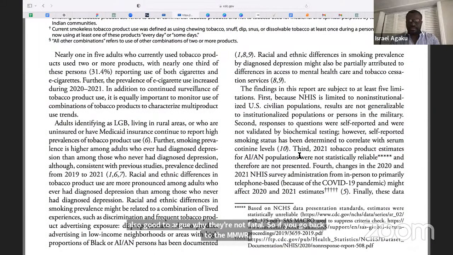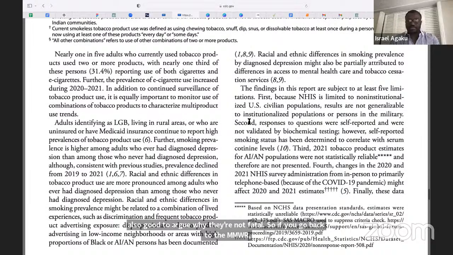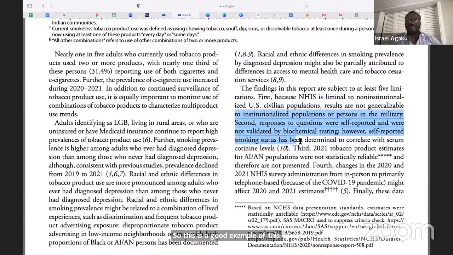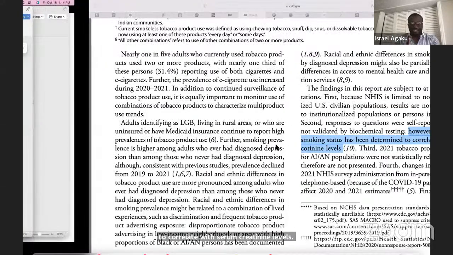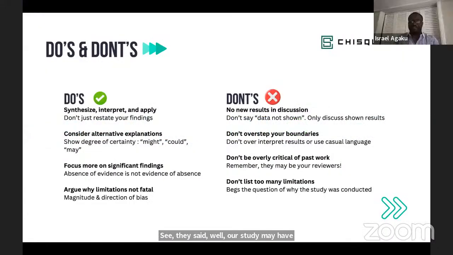let's see. So this is a good example of this second limitation. This is a very, very excellently worded limitation. Second, responses to questions were self-reported and were not validated by biochemical testing. However, self-reported smoking status has been determined to correlate with serum cotinine levels. See, they said, well, our study may have limitations by virtue of being self-reported, but then they followed up quickly